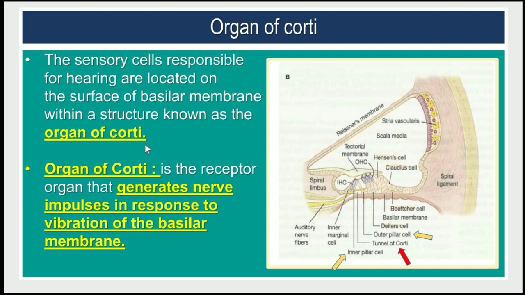The organ of Corti is the receptor organ that generates nerve impulses in response to vibration of the basilar membrane. When the basilar membrane vibrates due to the entry of sound, due to those vibrations, these receptor cells, the organ of Corti, generate nerve impulses,